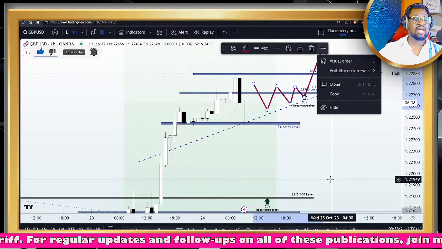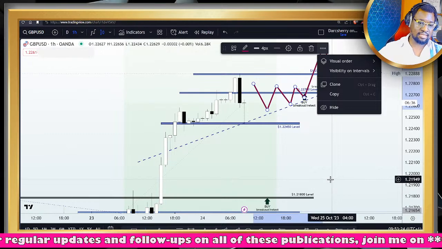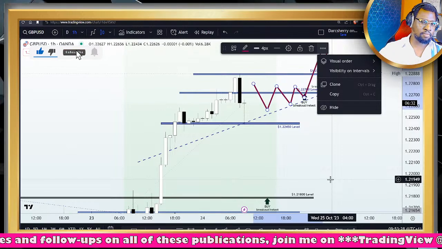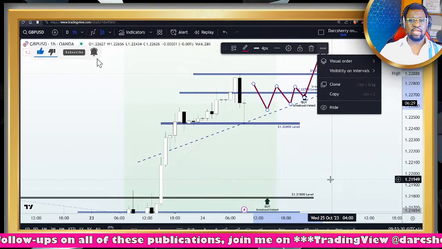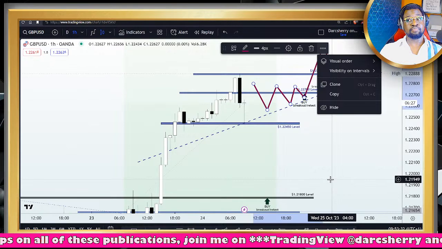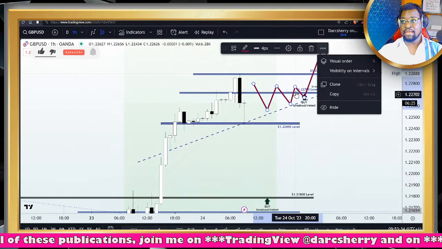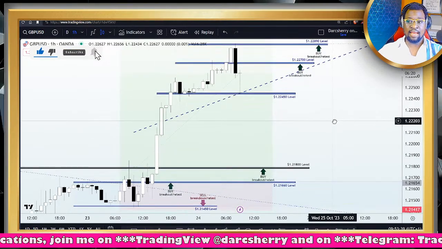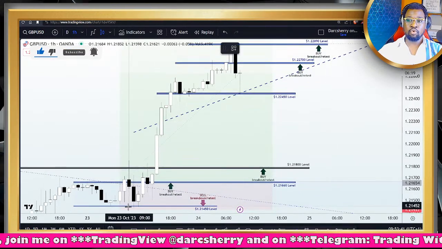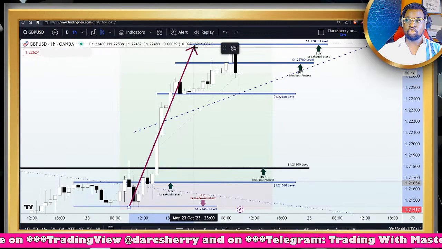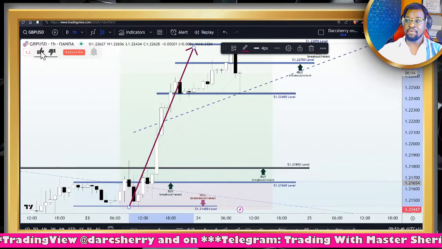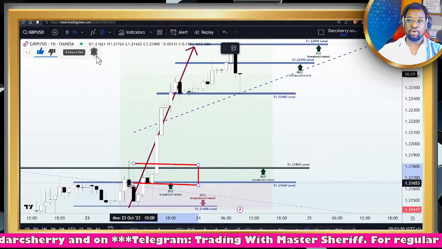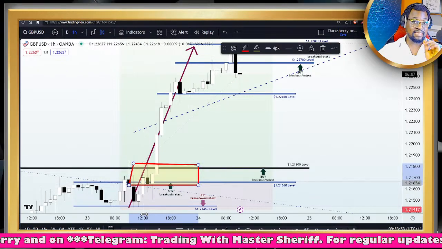Now, in as much as we're looking out for buying opportunities in this market, we cannot ignore the potential that sellers can also come in. Though the market outlook here is still very, very bullish at this point in time. And of course, we could see some profit-taking activities come in. Now, remember, price action broke out of a significant structure here, the area between the 1.21800 level and the 1.21600 area yesterday.